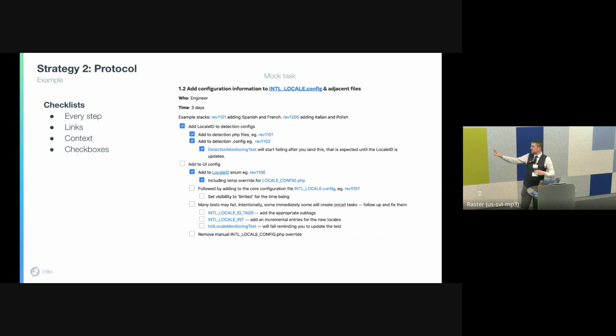This is a somewhat mocked screenshot of our checklist when we're onboarding a new language into our system, and the different steps we have to do when we're starting the process, to make sure that we're adding the language to every configuration file that it needs to be in.